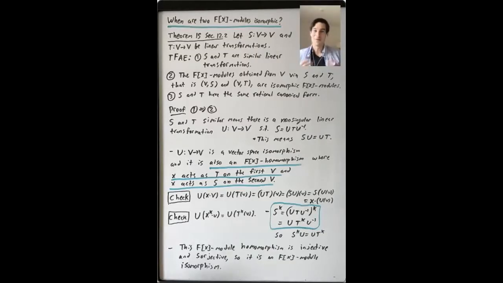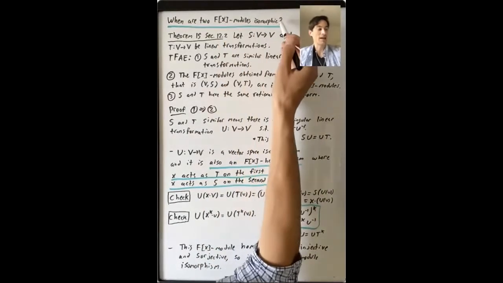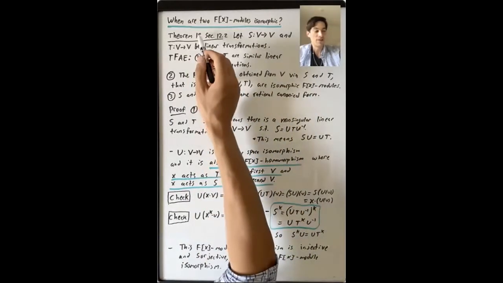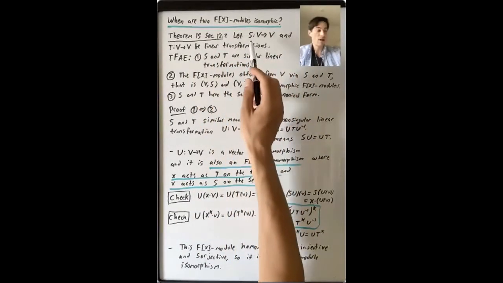In this video, we're going to focus in on giving an answer to a question that we've been asking for a while, which is, when are two F[x] modules isomorphic? And the setup here, this is theorem 15 in section 12.2, is that we'll have the same